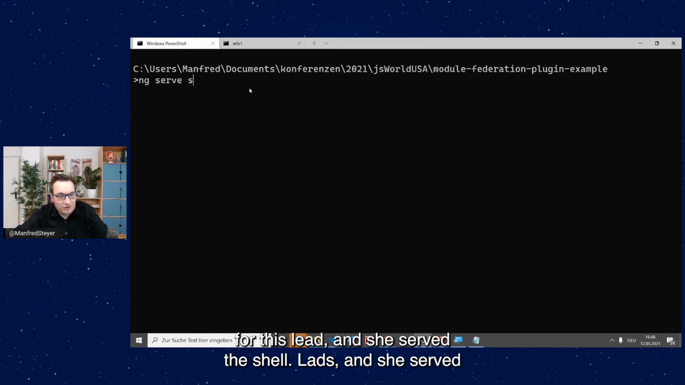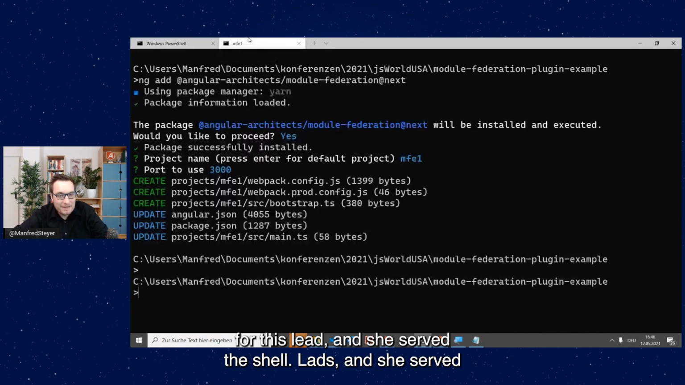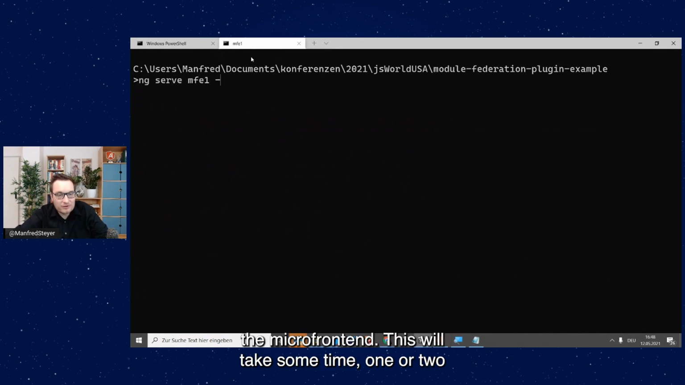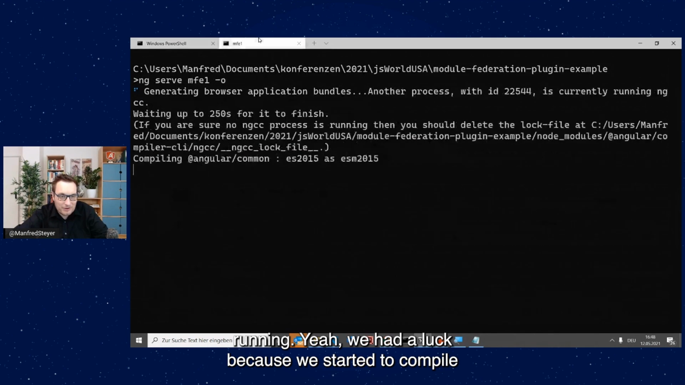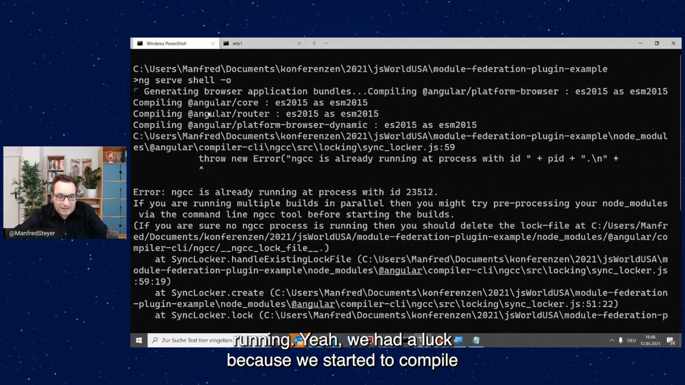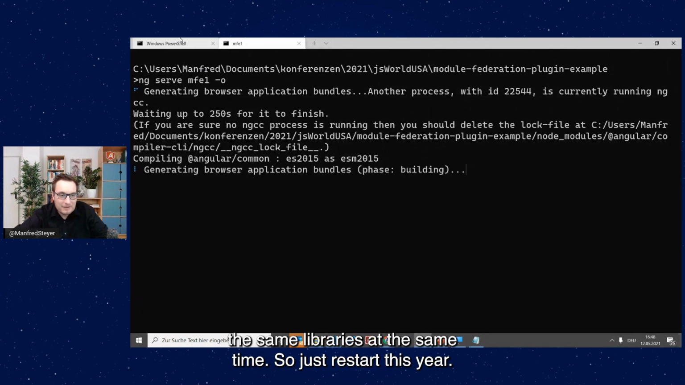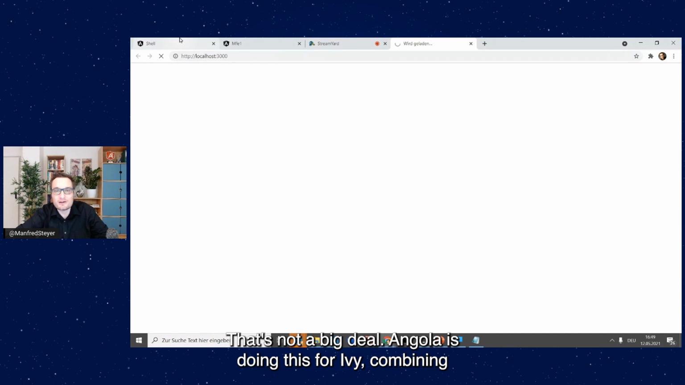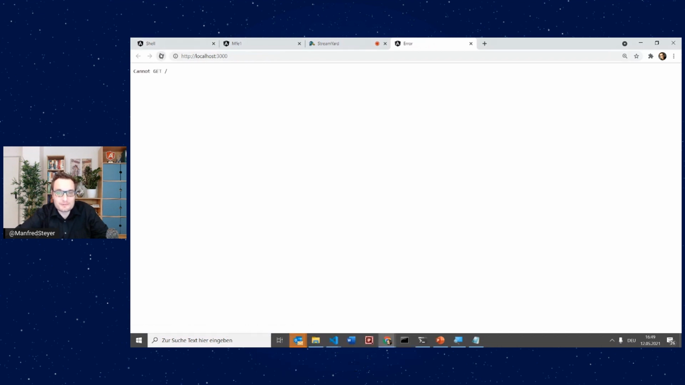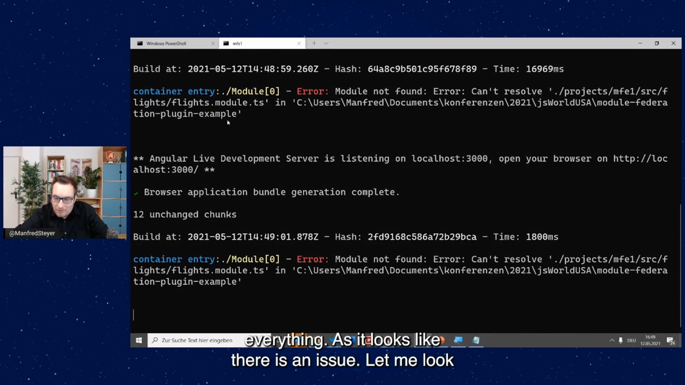For this, let's ng serve the shell. Let's ng serve the micro frontend. This will take some time, 1 or 2 minutes. And after that, we should have everything up and running. Yeah, we had bad luck because we started to compile the same libraries at the same time. So just restart this here. It's not a big deal. Angular is doing this for Ivy, compiling everything. And as it looks like there is an issue,